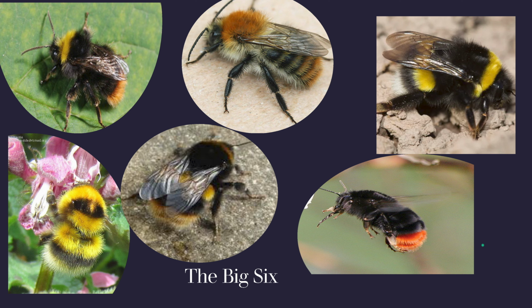usually. Actually, this bumblebee, males, females, and queens, do all have the same colouring. So that's an easy one. That's garden bumblebee. Then we've got early bumblebee here, which is one of our smaller bumblebees. And the males can be really quite tiny. If you see a little tiny, sometimes it looks like a little black bumblebee. It could be an early bumblebee,